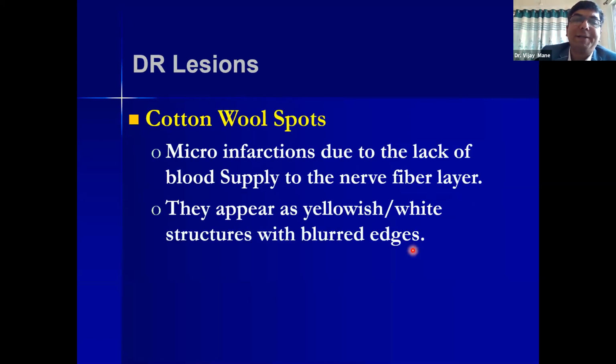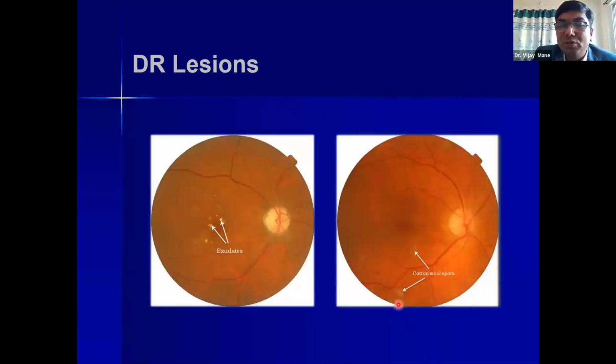And cotton wool spot is basically due to the lack of blood supply. As I mentioned, some of the nerve fibers get damaged or they die because they are not able to receive this nourishment in the form of oxygen and the blood supply. So they are going to damage these nerve cells. So you can see here shiny yellowish spots are there. So these are the exudates, and cotton wool spot is nothing but something very flared, without having any exact boundaries, but faint